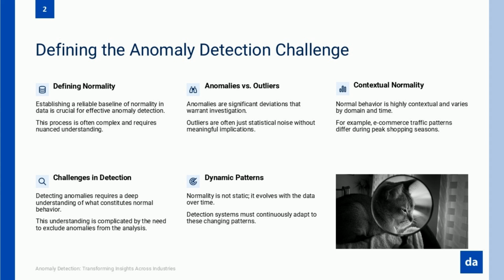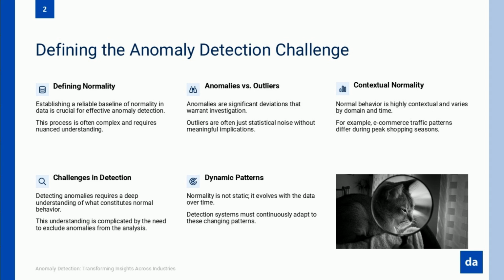Let's start by clarifying an important distinction that's often overlooked. Anomalies and outliers aren't the same thing, despite being used interchangeably in casual conversation. Anomalies represent meaningful deviations from expected patterns. They carry significance and warrant investigation. They're the signals hiding in your data. Outliers, on the other hand, often represent statistical noise, data points that deviate from the norm but don't necessarily contain